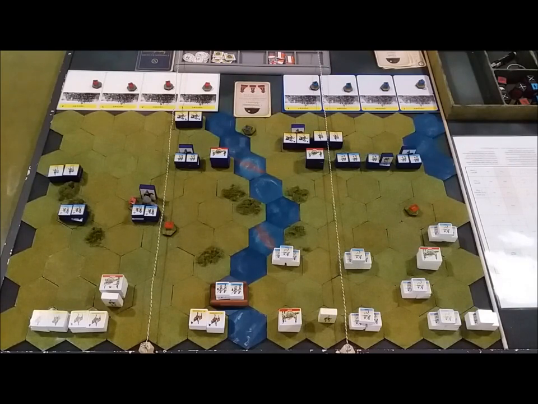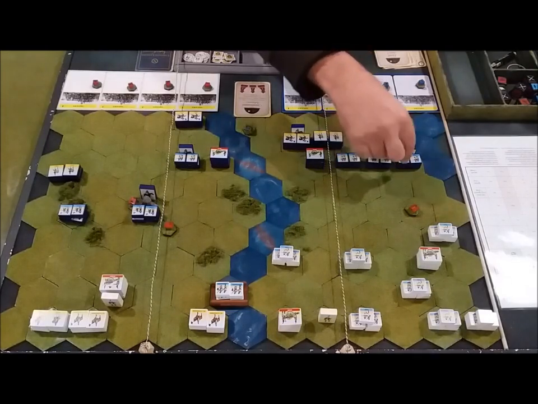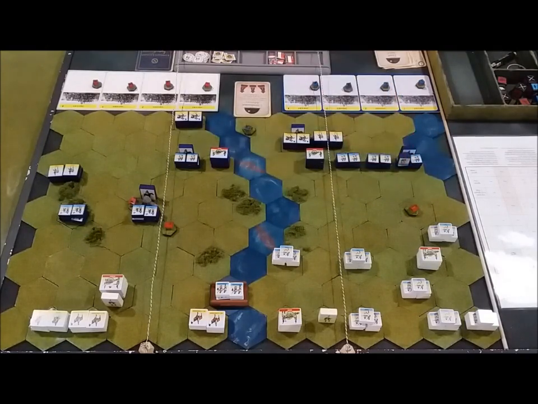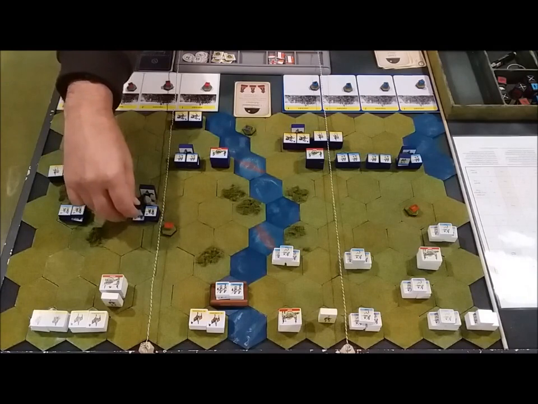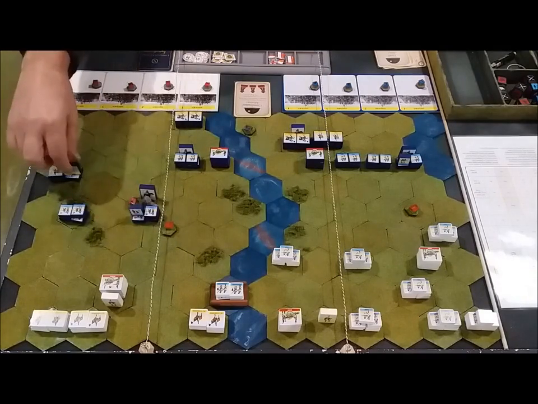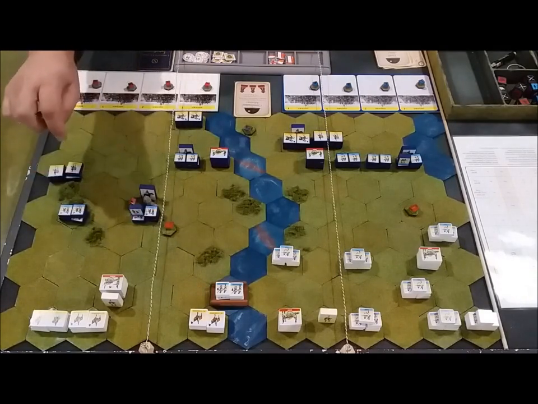Is that the one I want to move? No, not at the moment. We'll go with this guy on this flank here. I'm going to move this light infantry,